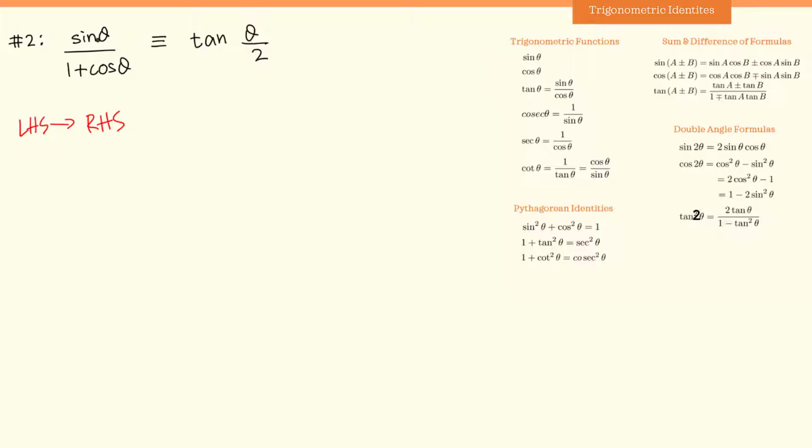I need to convert the angles on the left hand side, these single angles theta, into a half angle theta upon 2. So if I'm converting a single angle into a half angle, I'll take the help of double angle formulas. So if I need to convert sine of theta into sine of theta upon 2, I'll take the help of the double angle formula of sine of 2 theta. Since sine of 2 theta is equal to 2 sine theta cosine theta, you can see the ratio of angles over here is 2:1.